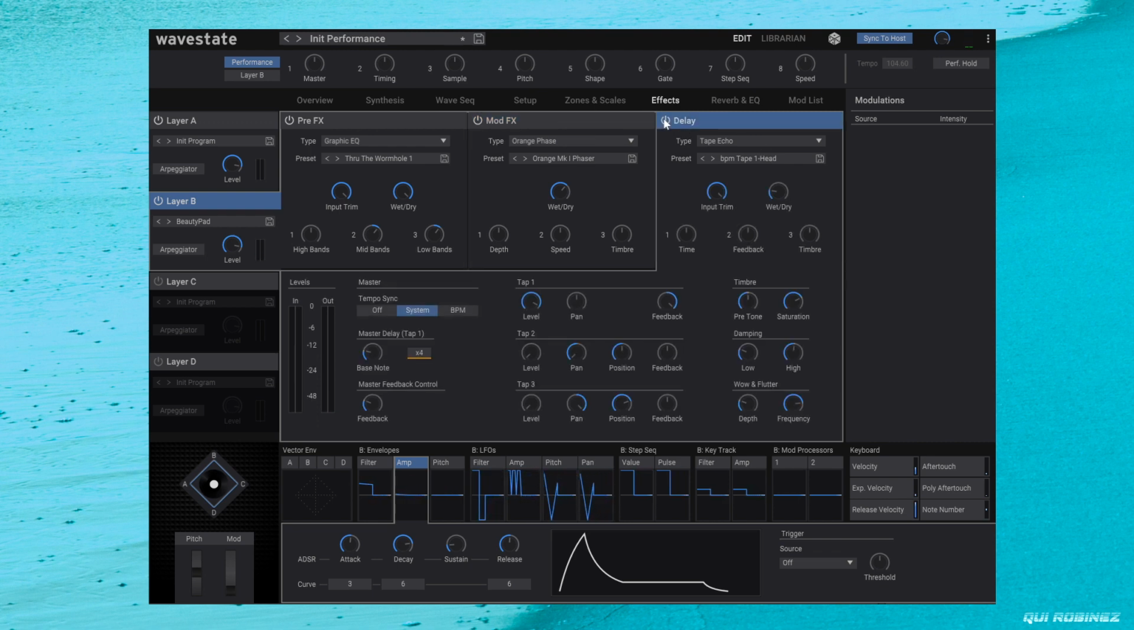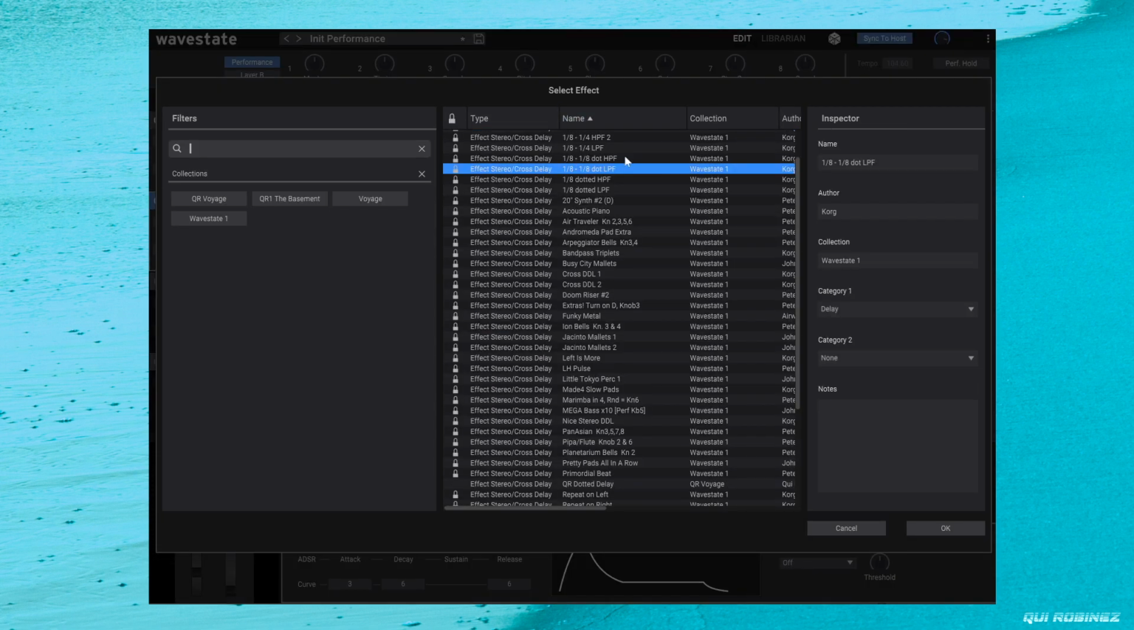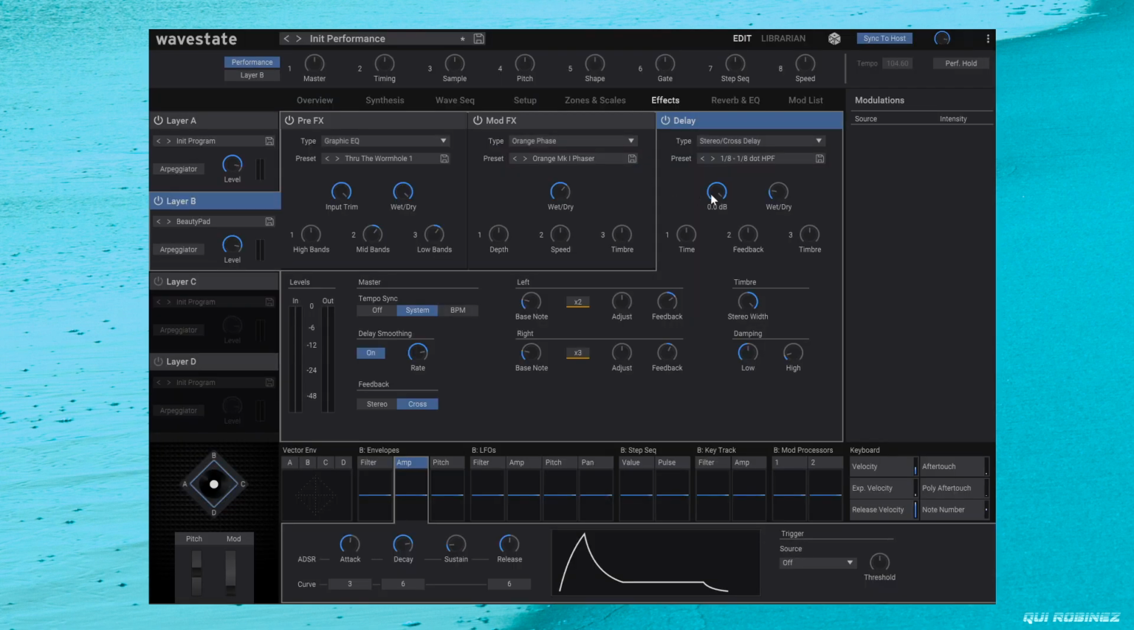Yeah, nice, but give it a little bit of delay. We use the HPF 118 dot for this. So if you combine the two now together,